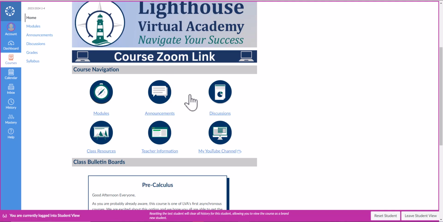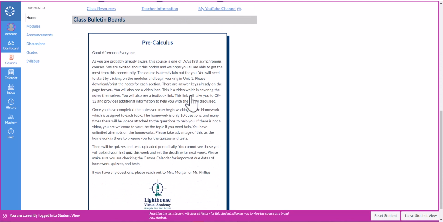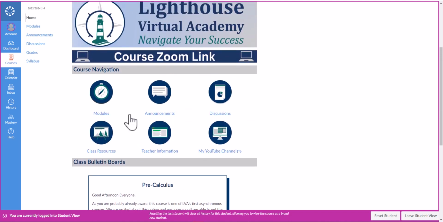and hopefully get you all the help that you need. One thing you want to do religiously is read the bulletin board. This is an editable bulletin board and it will change periodically. Typically, I will let you know when it does, and I'll try to add in new images or something so it's apparent that it looks different. But make sure you're reading this bulletin board, as this is how myself and Ms. Morgan are going to be communicating with you about topics that are upcoming, how to take quizzes, how to take tests, and so forth.